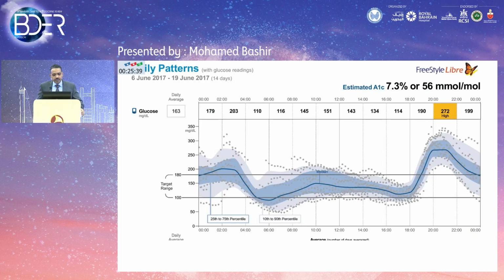And this is one of the CGM data sets that we have on a group of patients that we're running in one of our studies. Those patients had to be on either a basal insulin or a sulfonylurea, and we just collected this data. What I would like to point your attention to is what happened to the glucose at 6 o'clock in the evening. How high does the glucose shoot up? How long does it take for the glucose to come back after a typical meal? And this is one of many. You can see that in this patient particularly, we're talking about 6 hours before we see any drop in the glucose.